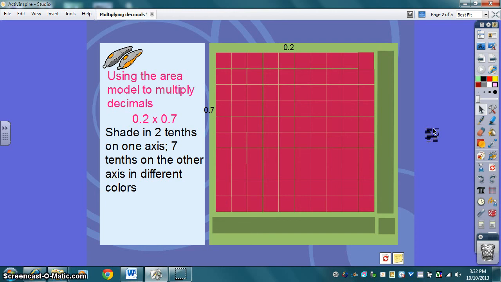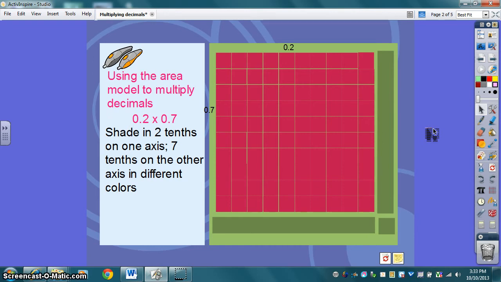Good afternoon. Tonight's homework is going to be reviewing what we did in class today and about 3 practice problems. Using the area model, we're going to use that to multiply the decimals. Our problem we're going to use is 2/10 times 7/10. We're going to shade in 2/10 on one axis, and we're going to shade 7/10 on the other axis in